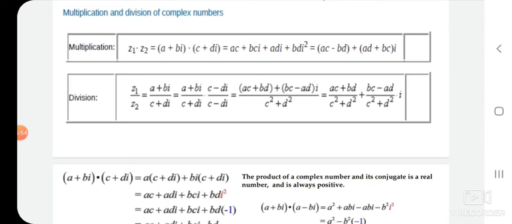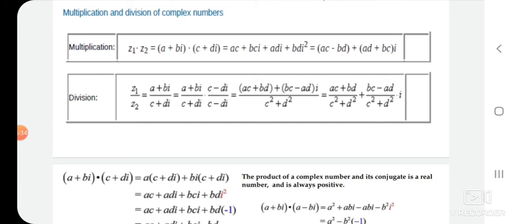Therefore, Z1 by Z2 is equal to A plus Bi into C minus Di divided by C square plus D square. Actually, it was C square minus i D square, but i square is nothing but minus 1, that's why minus minus becomes a plus. Therefore, C square plus D square in the denominator. If we solve the numerator term, that is A plus Bi into C minus Di, it gives AC plus BD plus BC minus AD i. If we separate the real part and imaginary part,